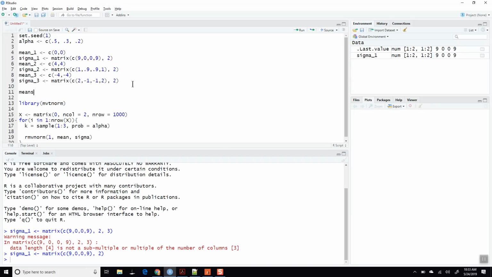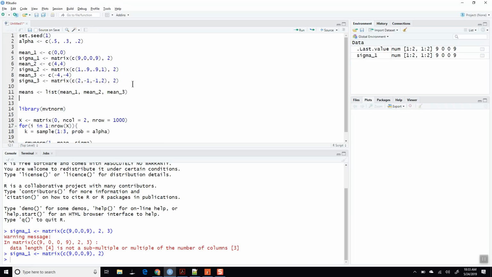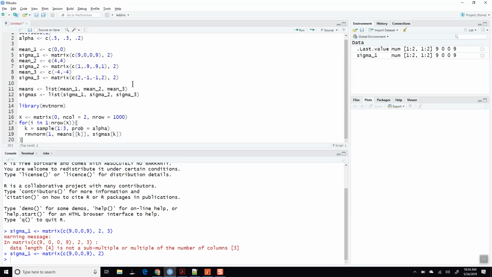Okay, so I've got means, which will be a list of mean_1, mean_2, and mean_3, and then sigmas will be a list of sigma_1, sigma_2, and sigma_3, okay? And then I guess I will just do means, and we'll pull out the kth means value, and from sigmas we'll pull out the kth sigma value. I think this should work, right? And then we'll store this into X